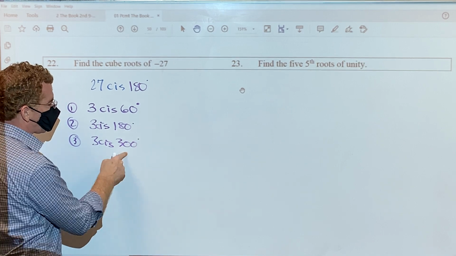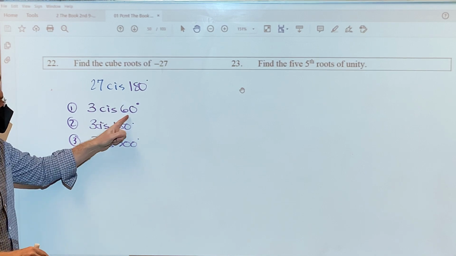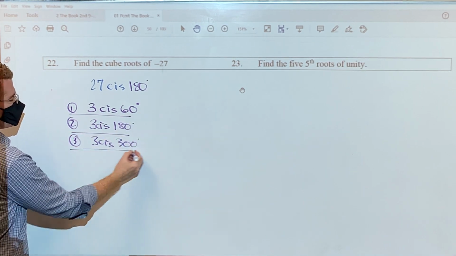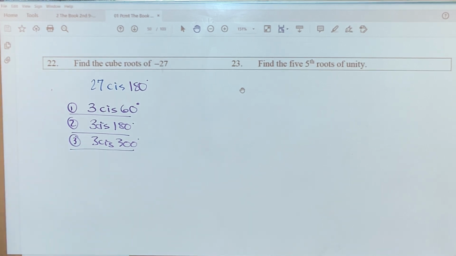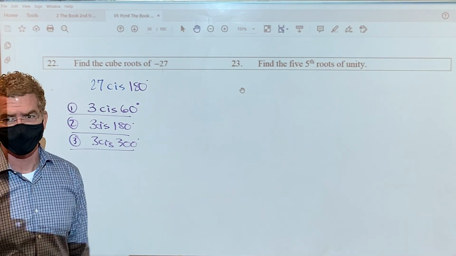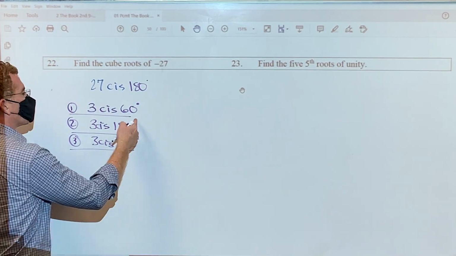And just to be safe, if I add another 120, I get 420. And when I subtract 360, I get 60, and I'm right back where I started. And if it says trig form, which this did not specify, I would stop. I'm going to say trig form or standard form on every problem, so you will know. Standard form or a plus bi form means you'd have to go, oh, well,